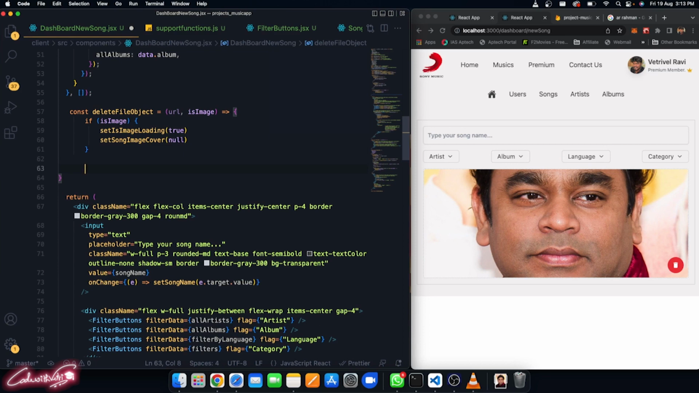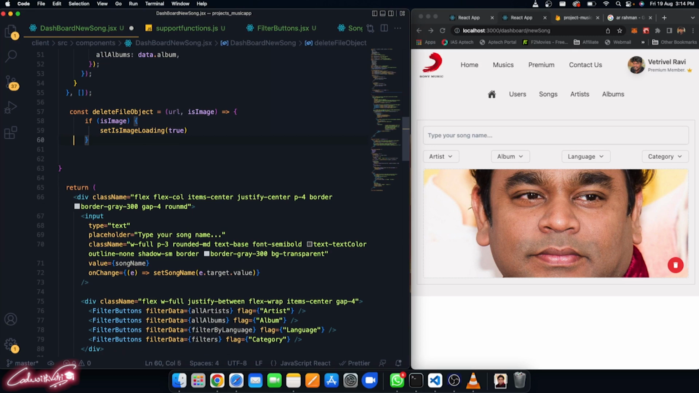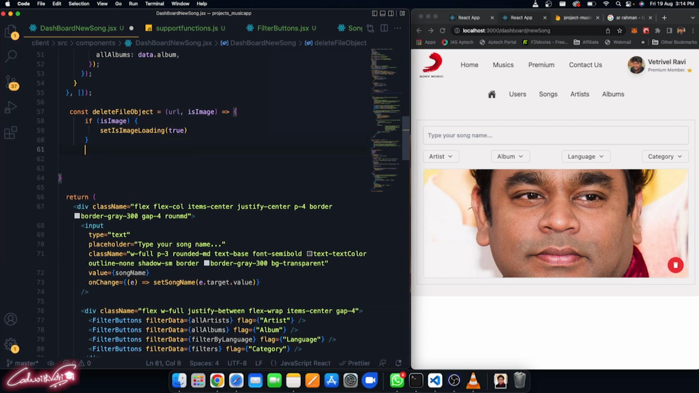So first, this line should not be here. We need to write this line once we delete it. Otherwise, if you make it null itself, then how will it catch that image URL? So you should not write that line. So const delete reference